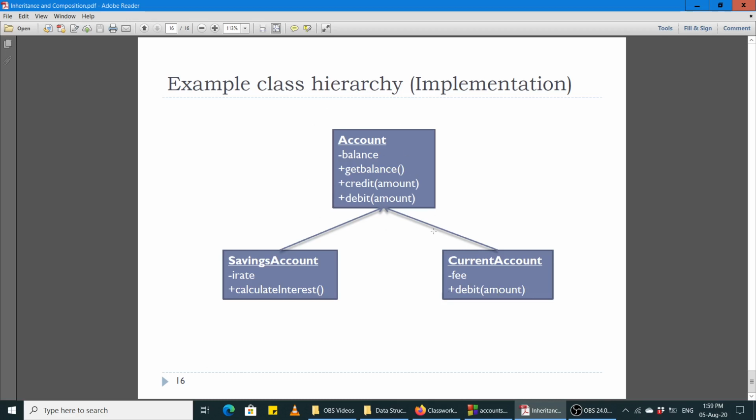In the account class, there is no charging of extra fees. So if you want to withdraw 5,000, you just withdraw 5,000. But in the current account class, you cannot just withdraw 5,000. You will withdraw 5,000, and the bank will deduct 15 rupees or 10 rupees or whatever amount it suggests. That amount of fee will be deducted from your account per transaction. Now, if you do something like this, this is called